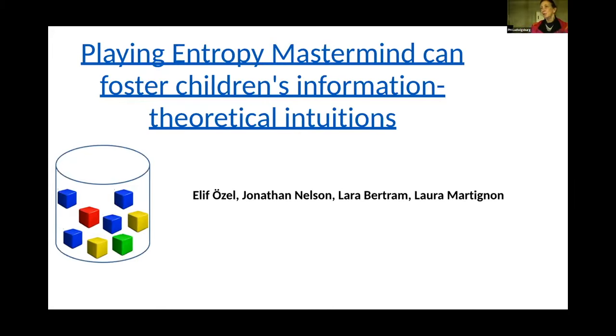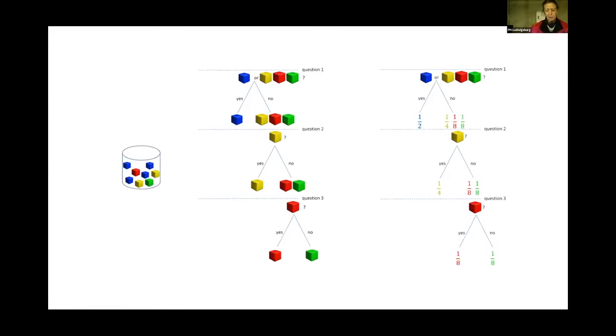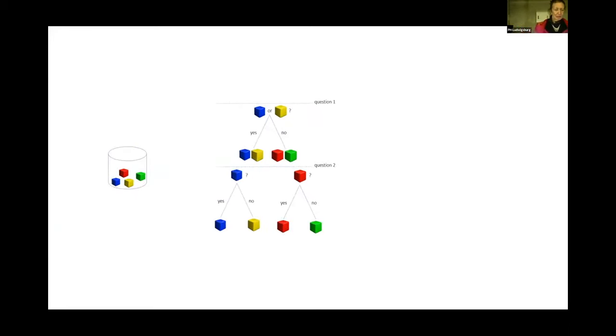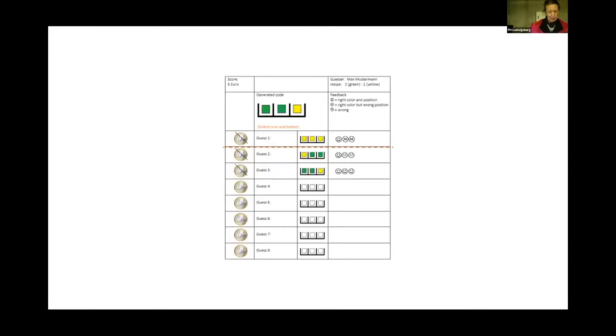So you look at this urn, this jar, and it contains some cubes. And the question is, if I pick one at random, how would you ask questions, what question tree would you use in order to find out what color the cube is that I have in my hand? I don't want to go through these trees of questions, but these are possible ways of doing it. If the jar looks like this, we know this is equally distributed among the colors, so entropy is maximal. So you have also a way of solving this, which is pretty canonical.